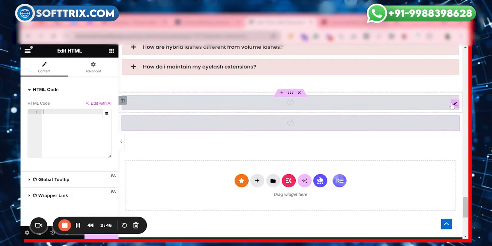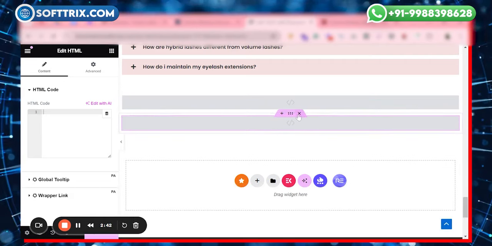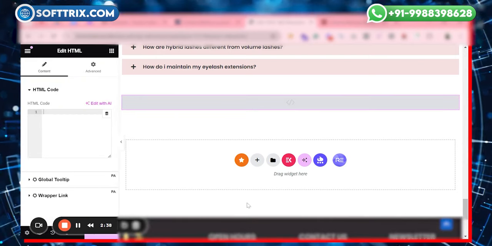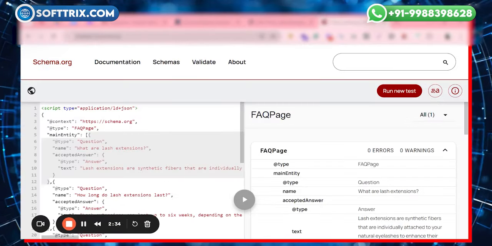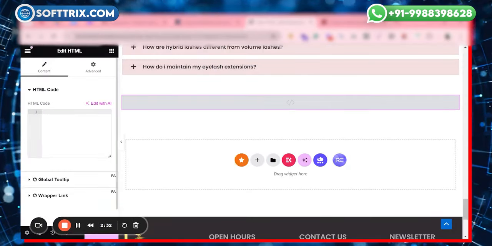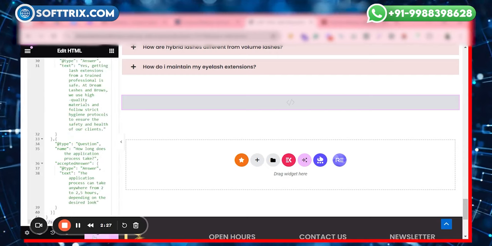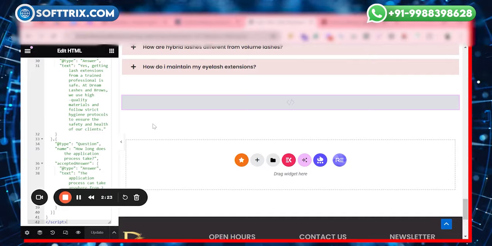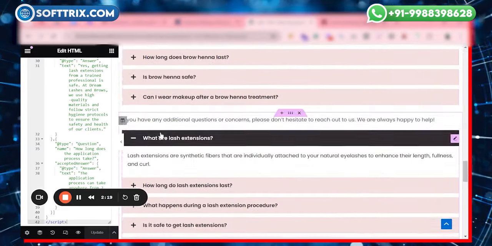It will appear in your page like this. Now you need to copy paste your FAQ script here and just update it from the left side bottom. It will be only added into the backend and will not be shown in the front end of the site.